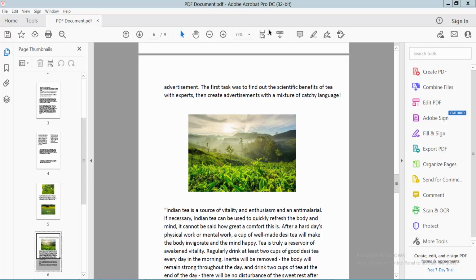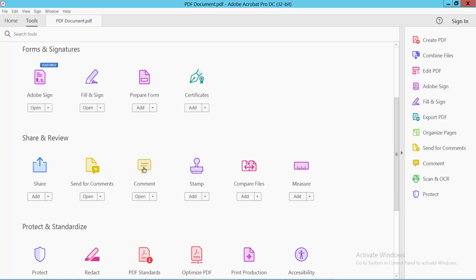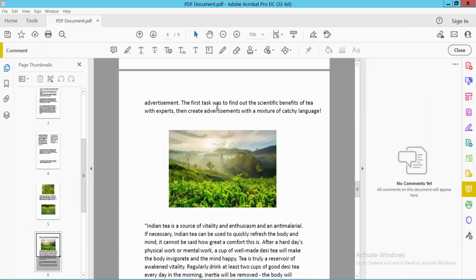Open your PDF file and select this tools option and scroll down. Here you will find this comment option, select. And here you will find this text option, add text comment, click here. Now click anywhere